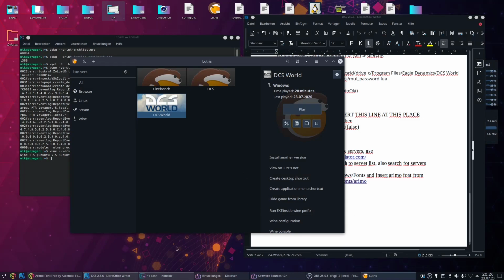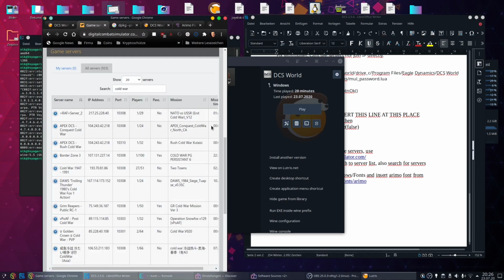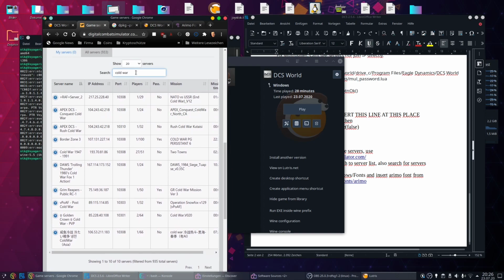So now for the server browser thing, you just log in to your account on digitalcombatsimulator.com, and then you have an active server list. You can search for servers, let's say Cold War or something. I'm on that relatively often. And then it shows you all the stuff you need to know. You just copy this IP address, and then in DCS you hit connect by IP address and paste this IP address, and then you will connect to the server. And that's it. Working DCS 256 on Linux, Debian-based,